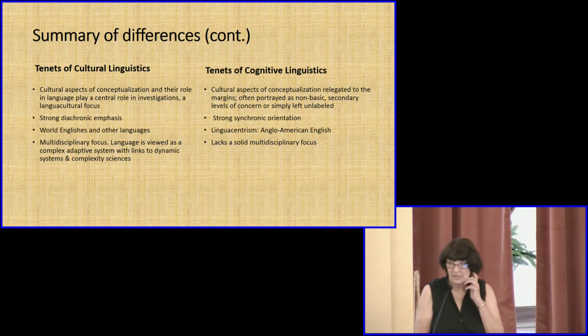Cultural linguistics, I believe, has an increasingly stronger emphasis on diachronic studies, situating things historically, looking at the diachronic axis of the data, whereas you find in cognitive linguistics in general a strong synchronic orientation. We have in cultural linguistics an emphasis on world Englishes and other languages outside Anglo-American English. Cognitive linguistics has this linguocentristic